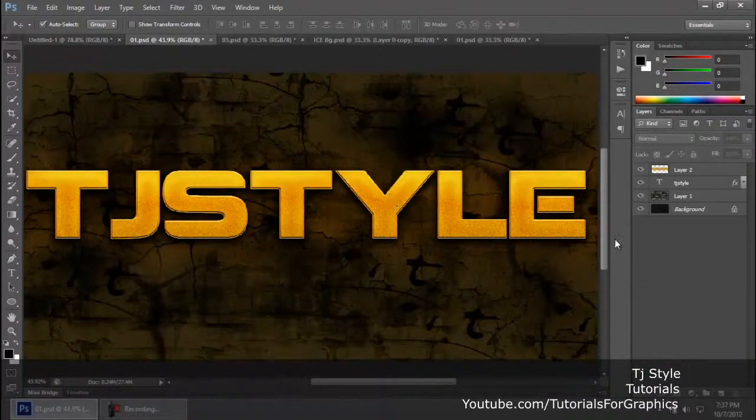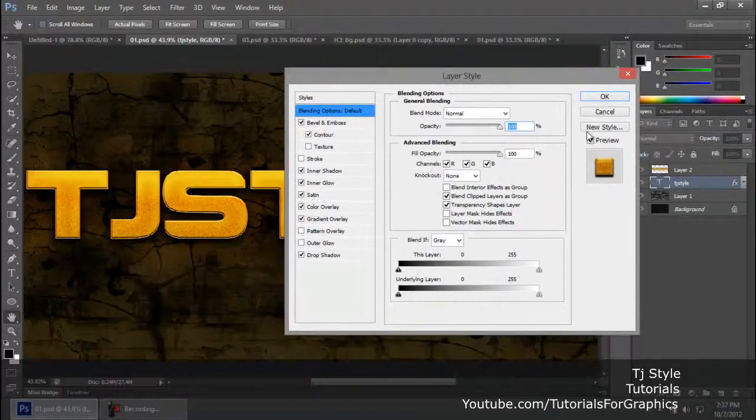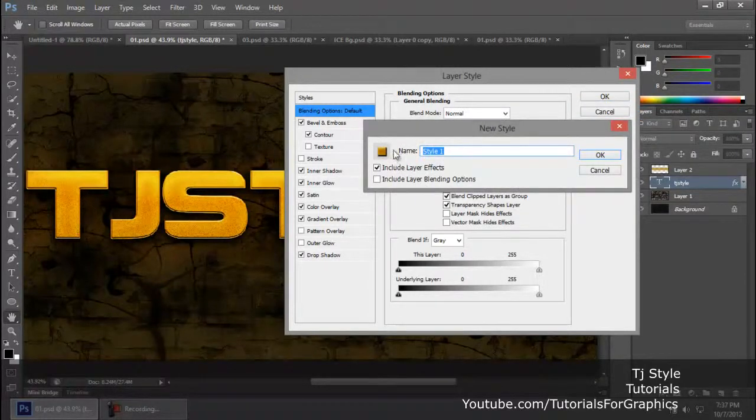Okay, all right, so say that I want to save this exact layer style. This color overlay is really good, and there's some noise, and I really like this layer style, guys. I want to save it. So go to the layer, guys, in which some layer styles have been applied. In my case it is a text layer. Double click, guys, on the FX icon, and you will bring up this layer style dialog box. You need to go to the right-hand part of the dialog box where it says New Style. Click on it, and you'll be given an option to name your layer style.